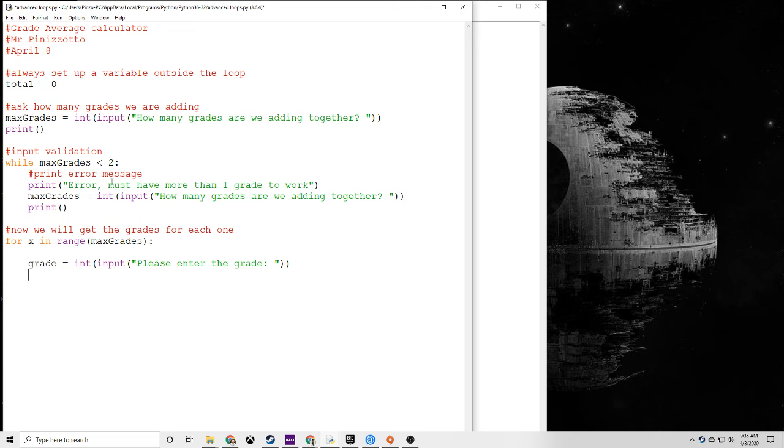We can, to be exhaustive, do while grade is less than 0, print error, must be over 0. With this new input validation, we can actually run our program